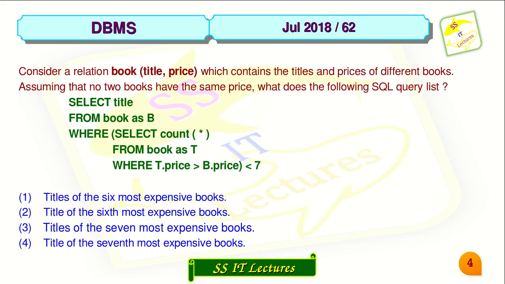Here it is an example for a correlated subquery because outer query table is referenced in the inner query. So this is called correlated subquery. For every row execution of outer query, the inner query will be executed. First we need to find out what the inner query calculates. For any given price, the inner query calculates the number of books whose price is greater than the given price. That means it identifies whether any book exists greater than the current book price.